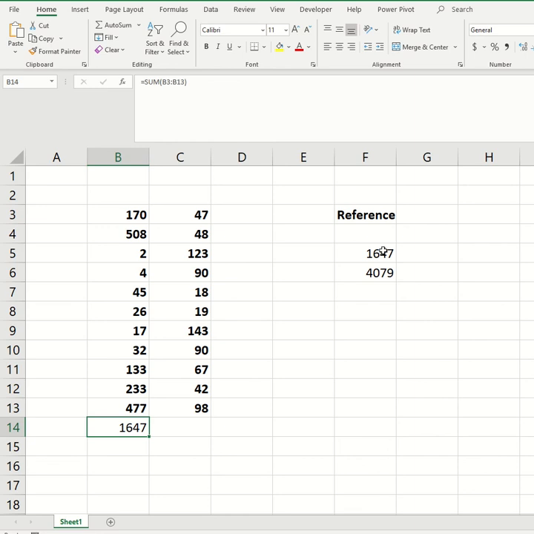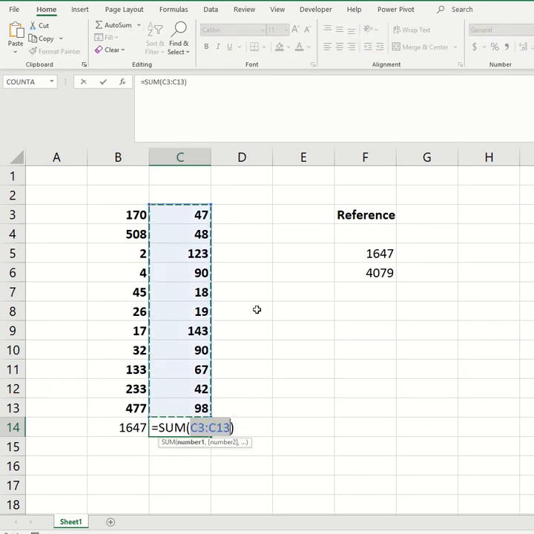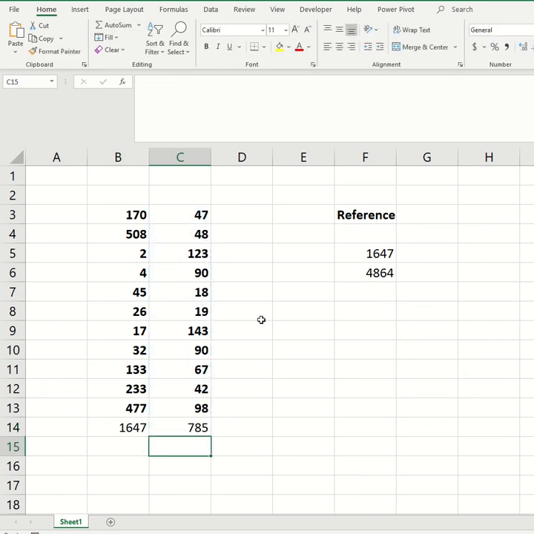You can see the result, initially we had done the same one, but if you see here, this has changed to 4079 because in this cell it is adding this number B14 also. And in a similar way, if you want to add this same, you can come here and do the auto sum, that will sum up all the numbers and give you the result.